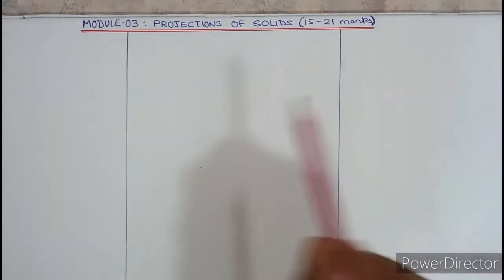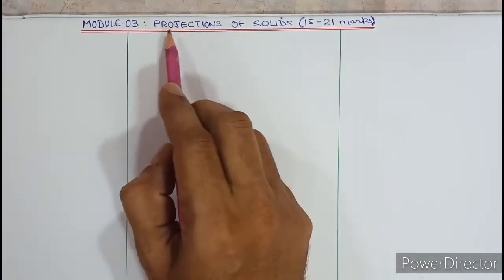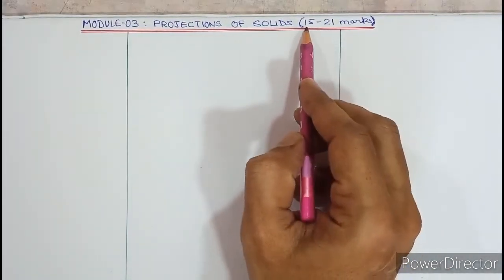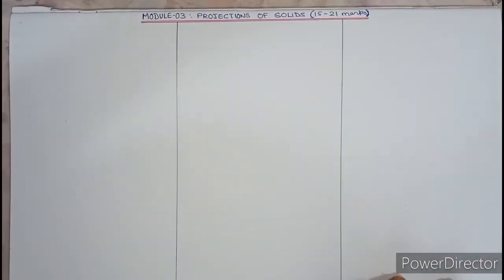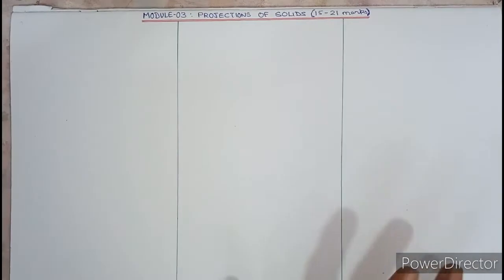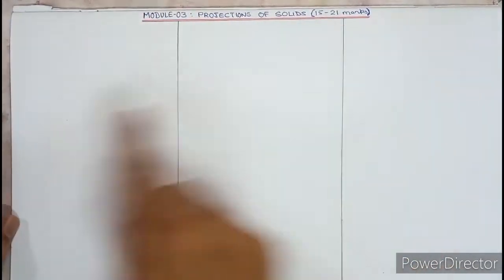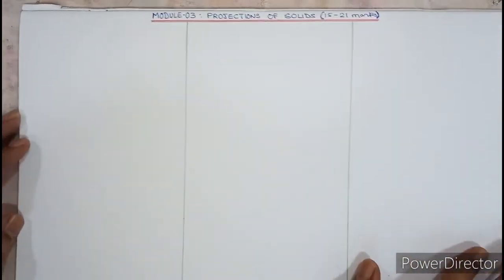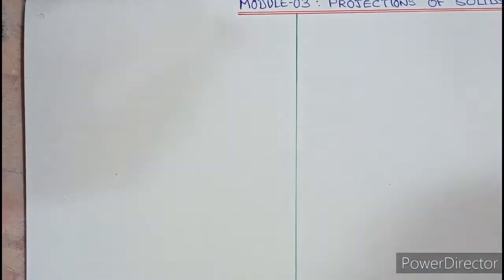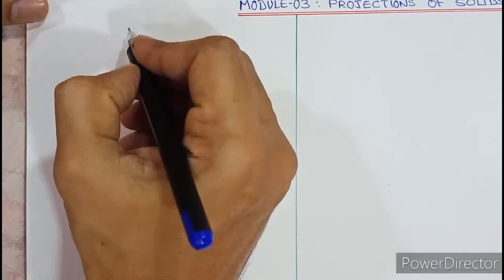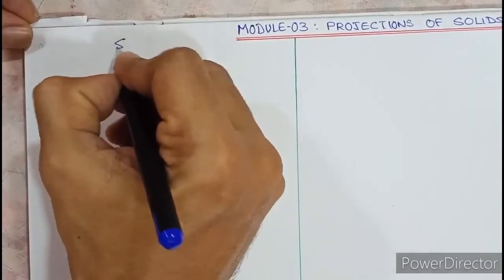Today we are going to start with module number 3, projection of solids, and it carries 15 to 21 marks. So this first page is our note page. You can make 3 columns, 125, 125 each. So let us see, as per the syllabus, this topic solids